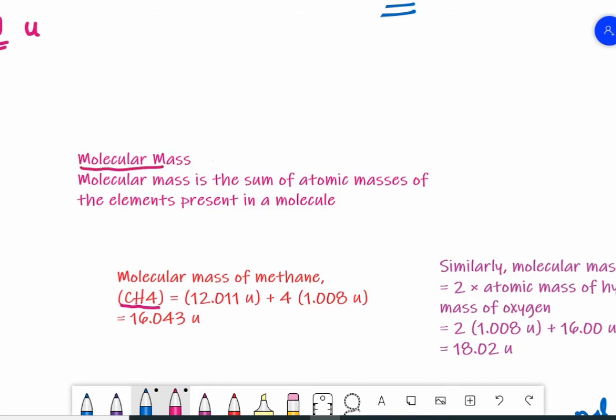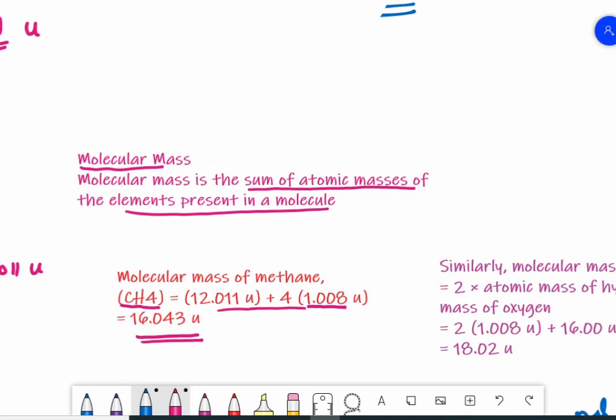So molecular mass is the sum of atomic masses of the elements present in a molecule. So CH4, methane. Carbon's atomic mass is 12.011 U, which we just calculated. And the hydrogen atomic mass we already know, that is 1.008, which we have to multiply by 4 because we have 4 hydrogens present in the molecule. When you add these two together, we will get 16.043 as the unified mass of the methane molecule. So methane's molecular mass is